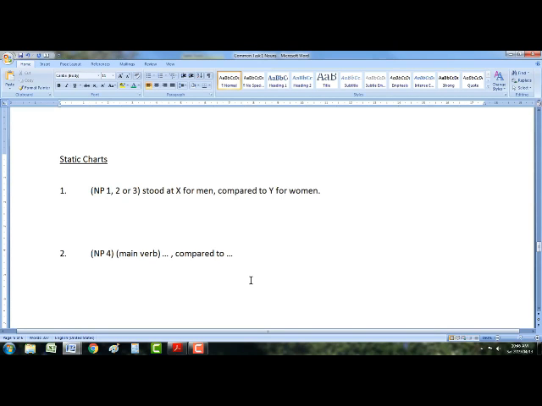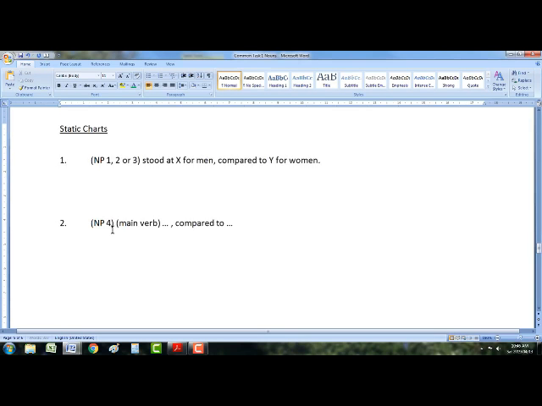I'm going to add two more. This is where I'm worried that I'm giving you too much information, but if you practice it a little bit, you will see that it's not too much. I'm going to give you one more here, and then later I'm going to show you that you can put two noun phrase fours in there. 25% of men and 28% of women. So it's the same one, it's just that you use two subjects in there. But for this one, let me just give you one more structure,